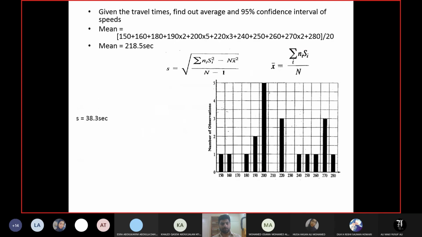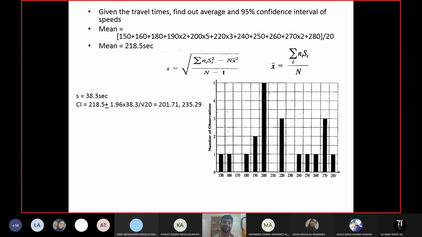Okay, now moving on, using this, they are saying now calculate the mean speed and the confidence interval of speed, like we did for the previous case. Okay, so 218.5 is the mean, plus minus 1.96 e. In this case, the standard deviation you calculated is not for the whole population, right? Because you calculated for how many values? 20 values. 20 values cannot be the whole population, right?